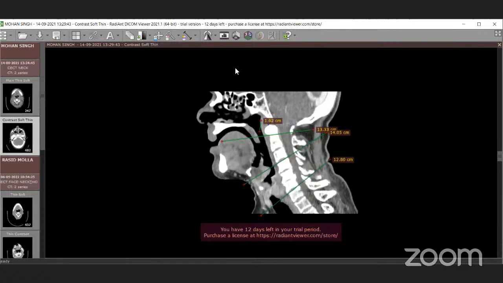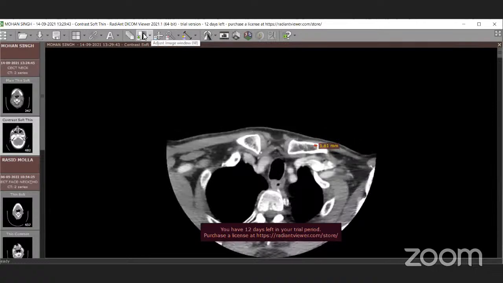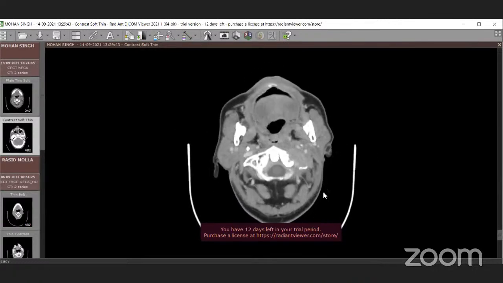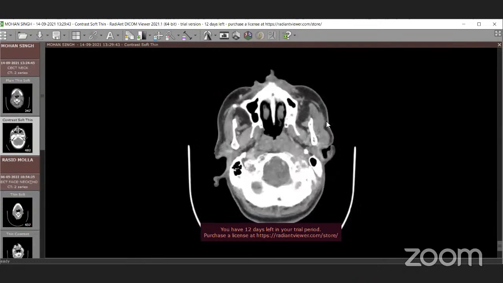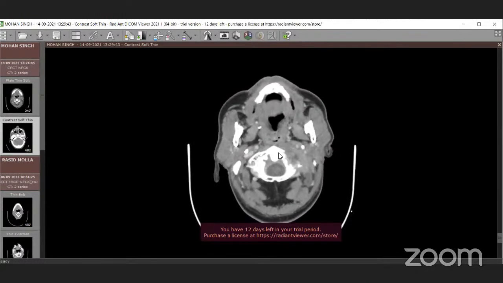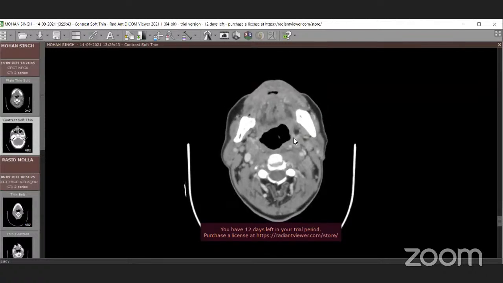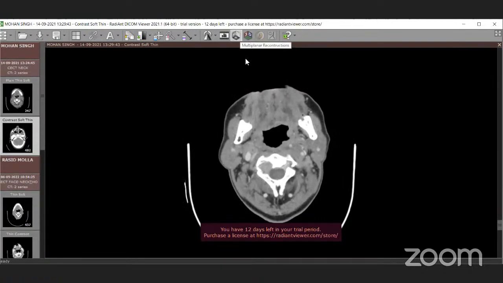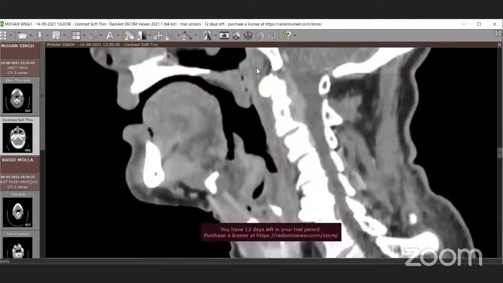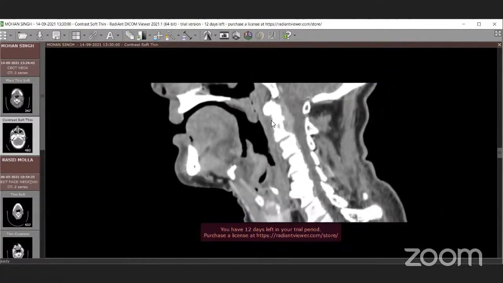So the first thing that I had been asked by Dr. Kaustuv is the oropharynx, and we will go into that first. As we finish off with the arch of C1 and come to the base of the C2 vertebra here, this is the level of the oropharynx. And what do we have here on sagittal? It is better appreciated. Dr. Kaustuv, are you still online with us? Yeah, I'm here. Okay, sure.